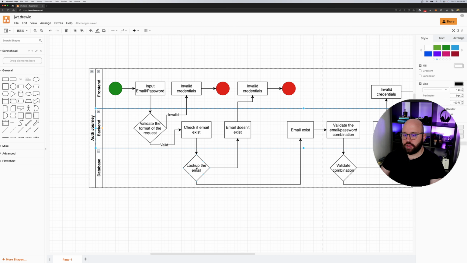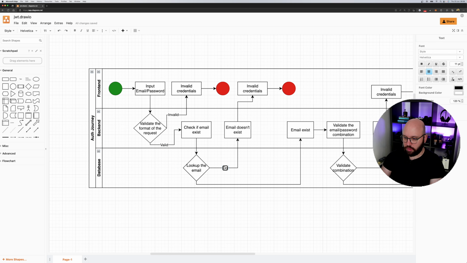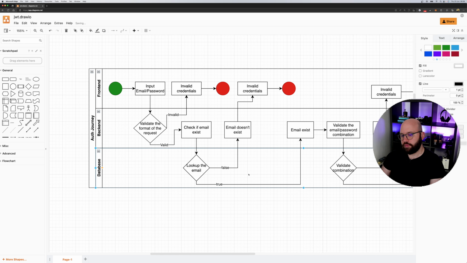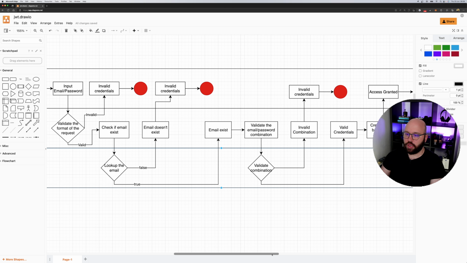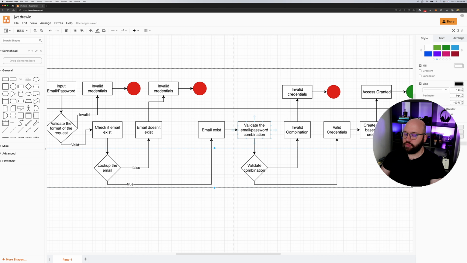If it's valid, we're gonna check the email. So here we say email doesn't exist. We're gonna say false because it doesn't exist. And here, we're gonna say true because it exists. So in case it doesn't, we return again invalid credentials and we'll stop. In case it exists, we continue to the functionality to check the email